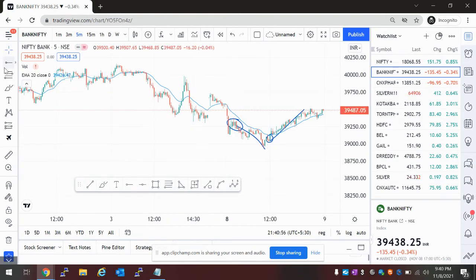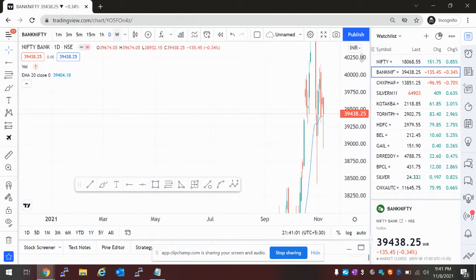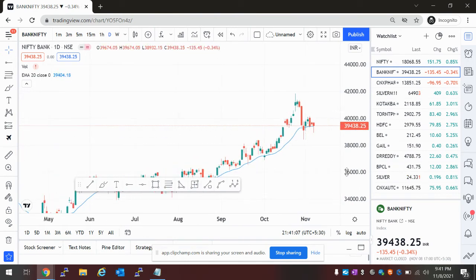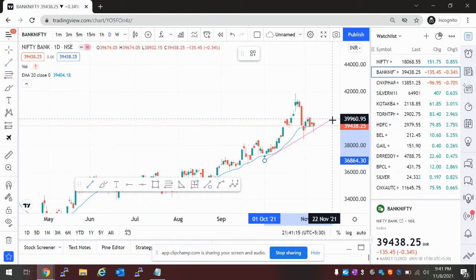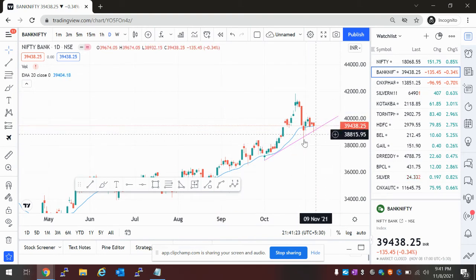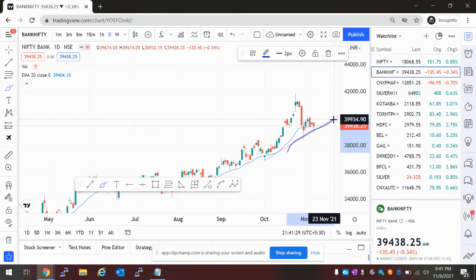So Bank Nifty, what needs to be watched tomorrow? That is the question right now. Let me go to the daily chart. As I said last time also, see, this way it will go, right? Again today it tested this line. This line is going to be a support. Till now this is protected. The trend line is not breaking. Whenever it comes to test this, buy with a small stop loss and expect some move.